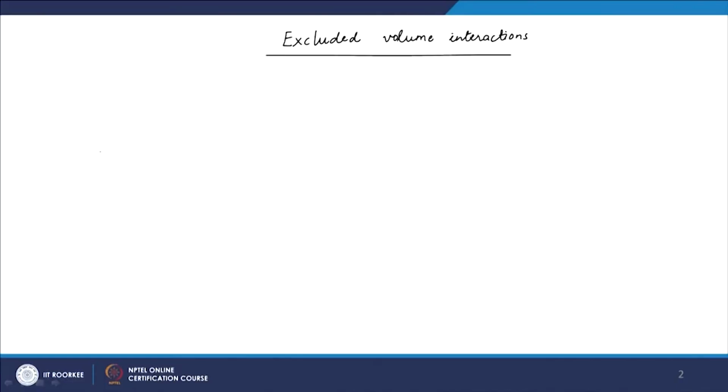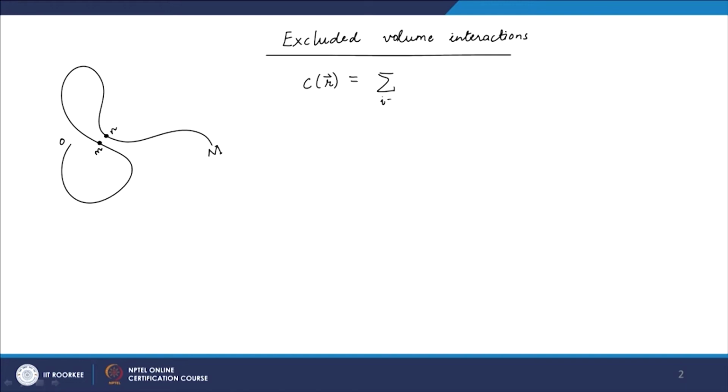So the basic idea was like this. If you have two segments of a chain, let us say M and N here, and of course this is a contour variable going from 0 to M. In that case, we said that we can define the local concentration, that is the number per unit volume, as a sum over all the segments, and a delta function of R minus Ri, and the delta function is defined in a way that if I integrate